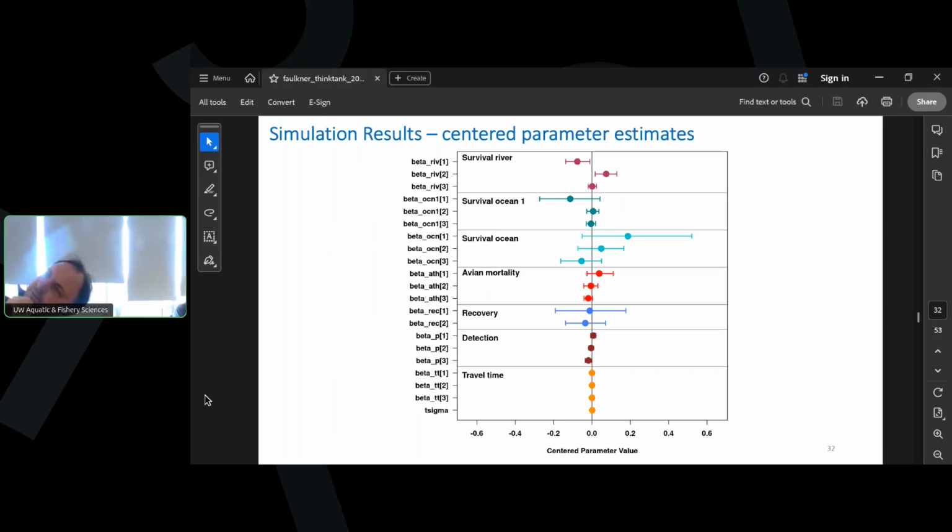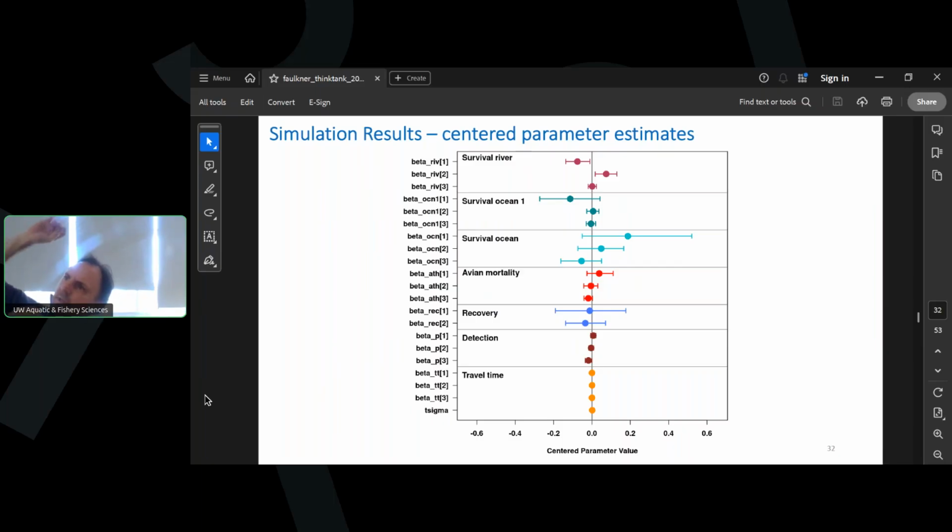So the different colors are different components. The top is the river survival between Bonneville and the trawl, then survival in the ocean. Yeah, that's the river survival. Those parameters are shared across the river and the estuary, right? So then survival in the ocean, first year, survival in the ocean, the remaining years, avian mortality, recovery probabilities, detection and travel time. So different components, and the top one in each category is the intercept, and then there's slopes